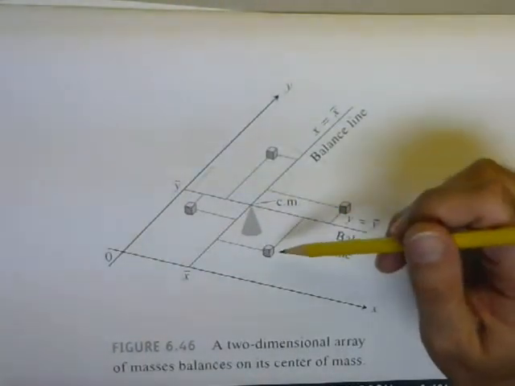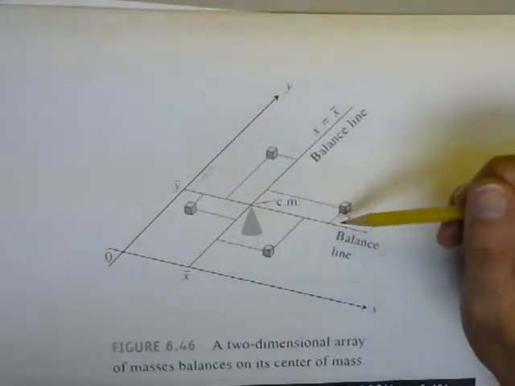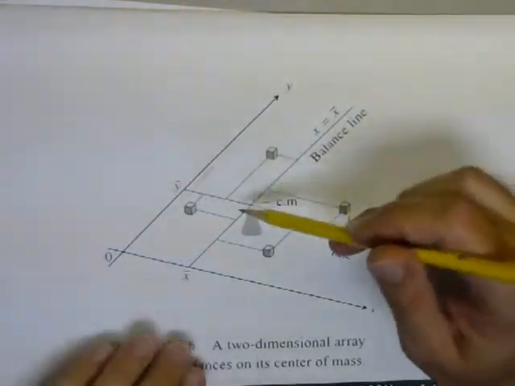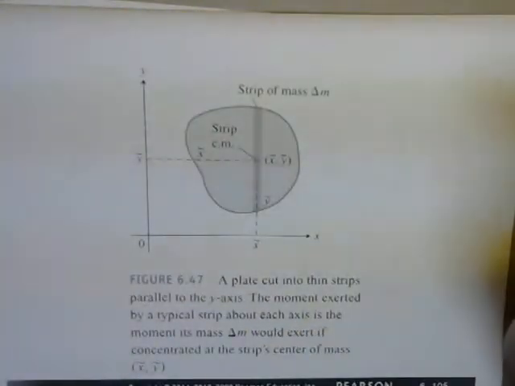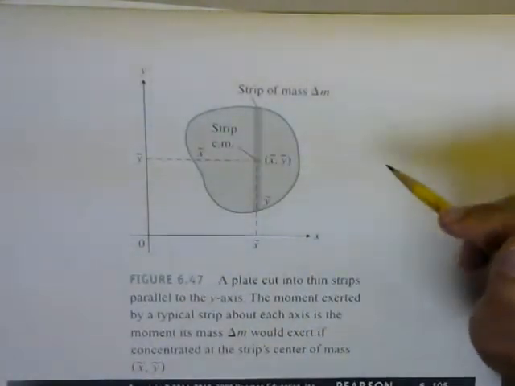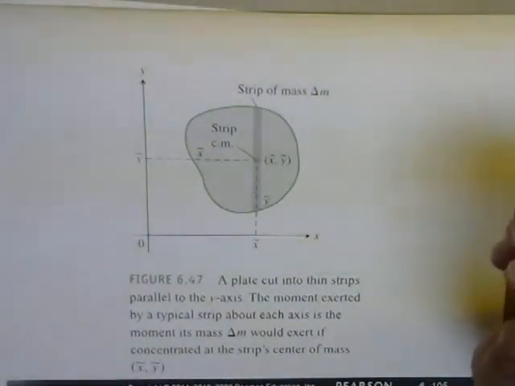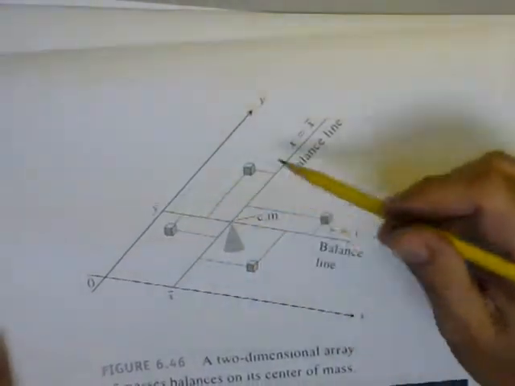So what you have to basically do is add up all the contributions of the y moment, make sure those are 0, and then add up the contributions of all the x moments and make sure those are 0. Now, you can extend this to a continuous object, so instead of a bunch of discrete objects like this, imagine